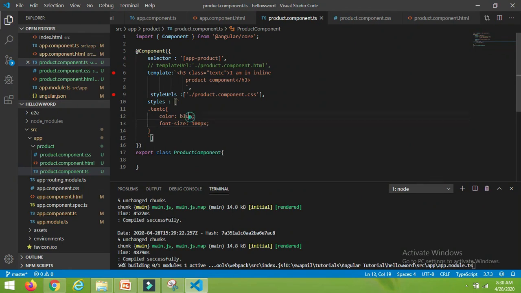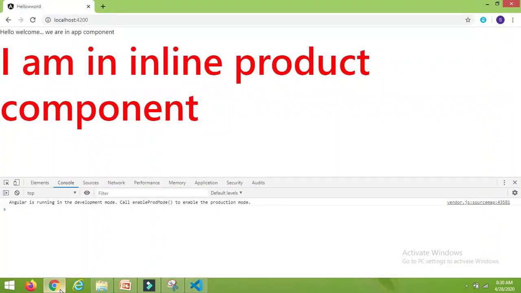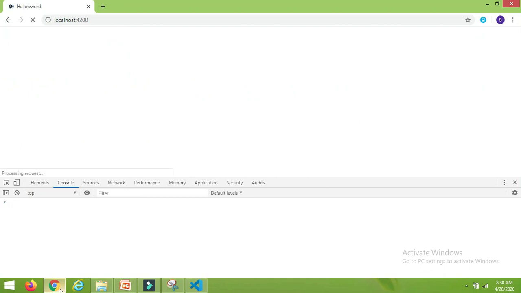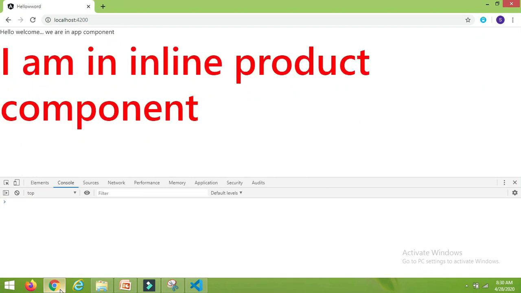Let me change the color also, it will be red. So in inline CSS I have the color red, and for the external I have the color blue. Let's check. Wow, we are getting the output in red color, means whenever we have both external CSS as well as inline CSS, the preference goes to the inline CSS only.